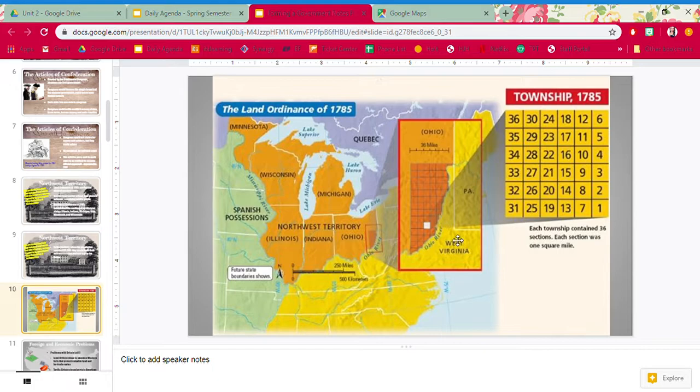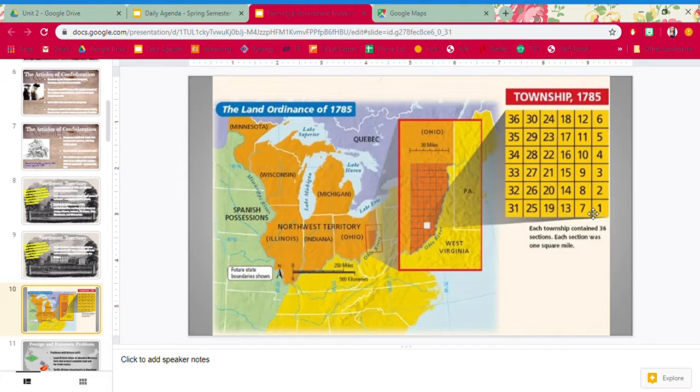So right, these are like acres. Look, this one area here is 36 miles, so this is a lot of land. They would divide up the land into little squares, and they had rules about where the land went and who got the land, right? So they said 1 square goes to a public school, and I think it said 4 squares go to veterans, so people that had served in the American Revolution, which I think is so awesome, right?